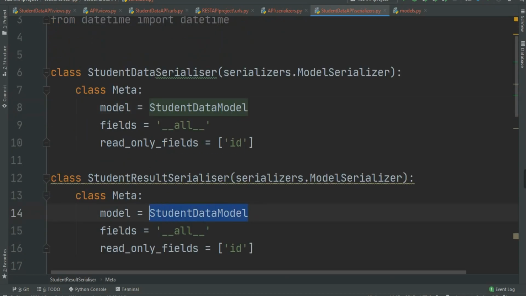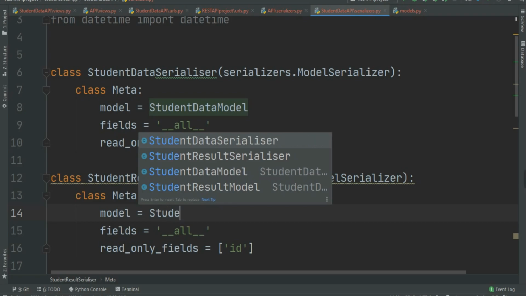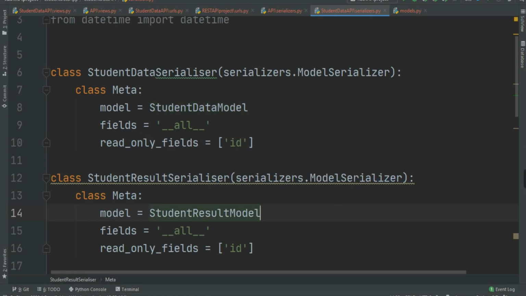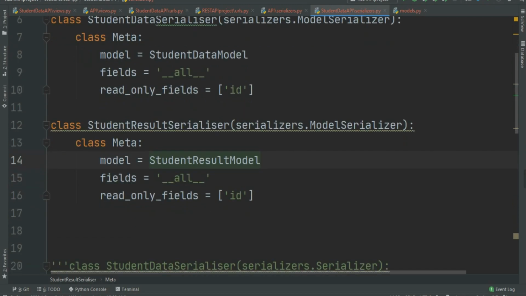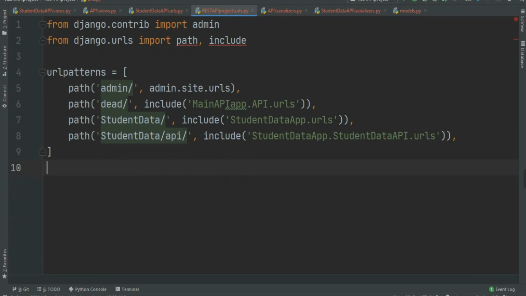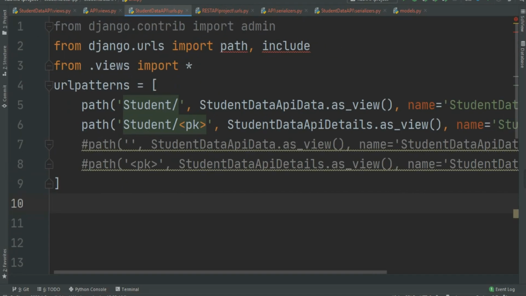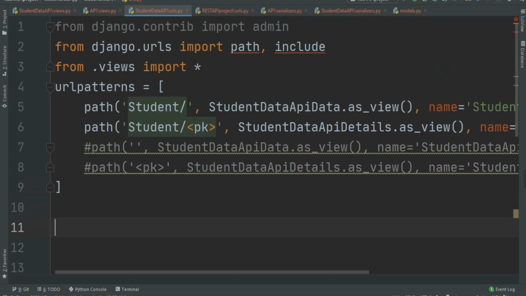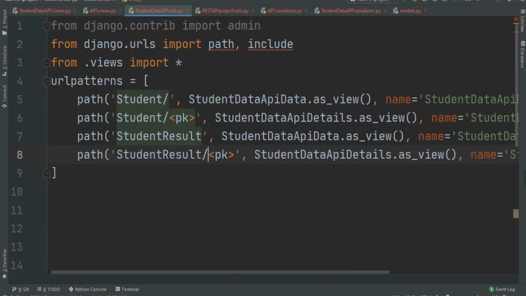Then I pass the model equal to student result model. I'm going to show all of the fields except the ID. Now in the URLs, I am going to create another URL for student result, with the path student result and student result/pk, which is the primary key.